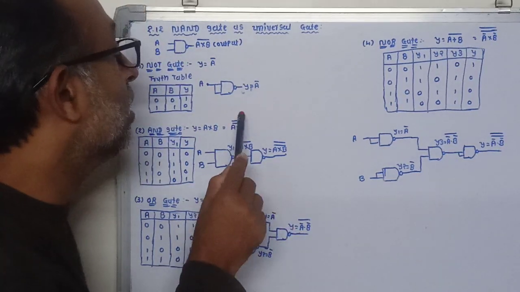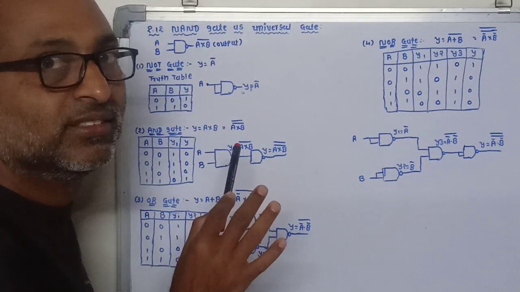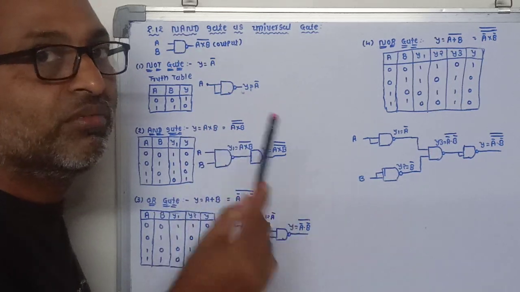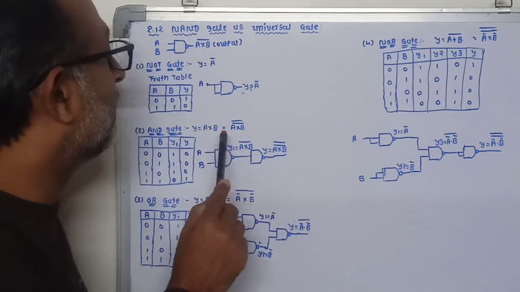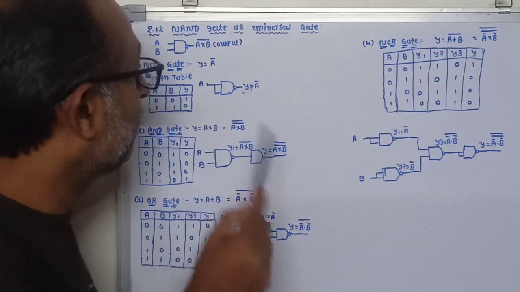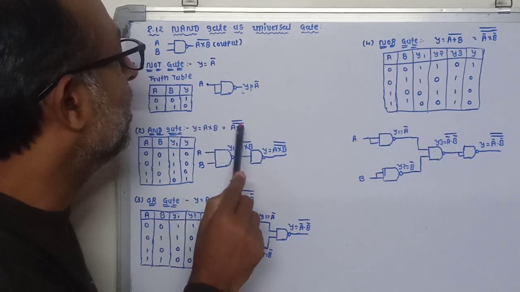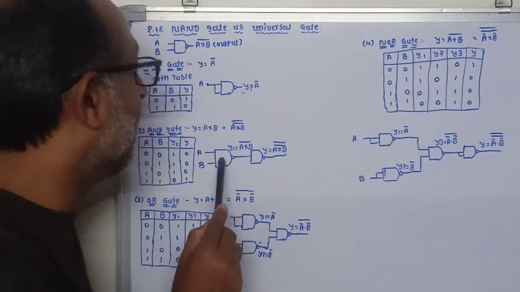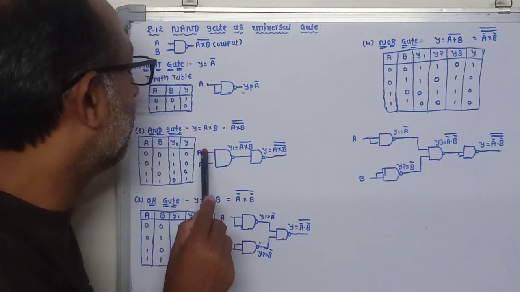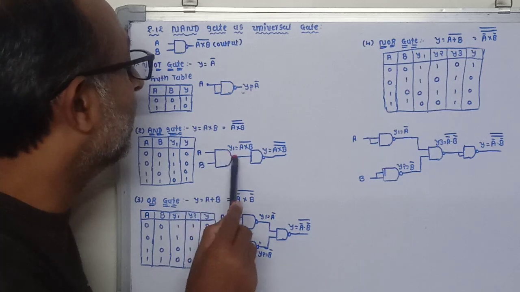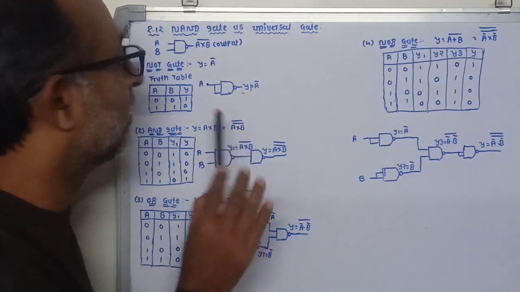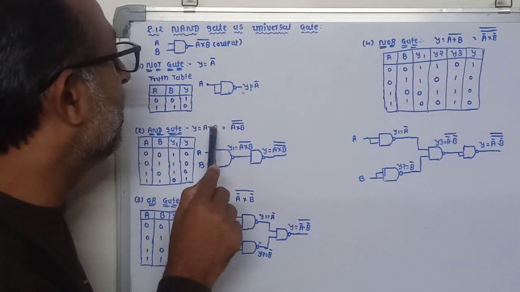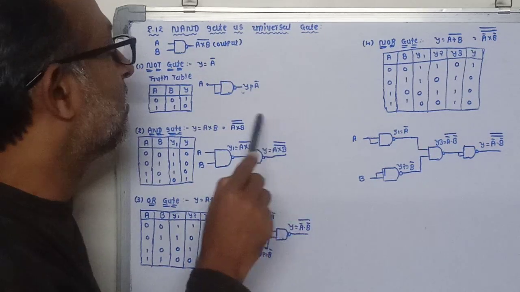So it is very important to make the Boolean expression using only NAND gates, and the output will be the same. Here you can see that first we require A into B bar. For that we take one NAND gate and apply inputs A and B. So we will get A into B bar as output. Now to get the A into B operation, it is further inverted.